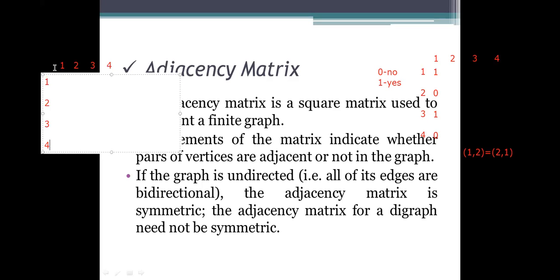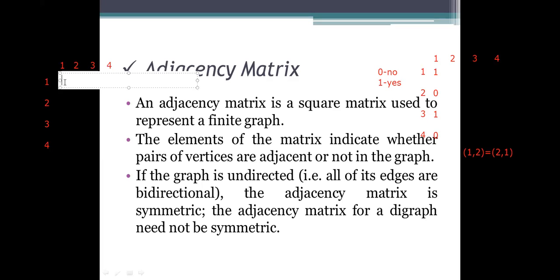Okay, so here there are no self loops. From 1 to 2 there is a path. 1 to 3 there is no path. 1 to 4 there lies a path here.